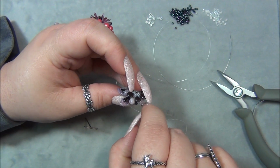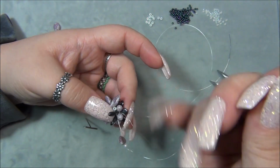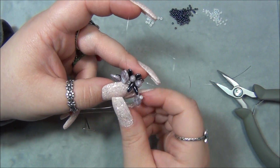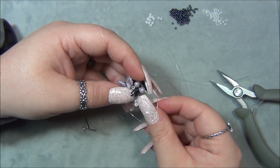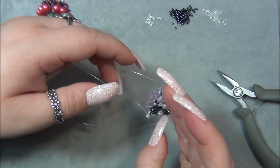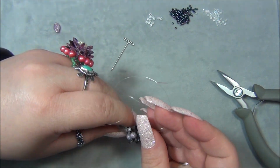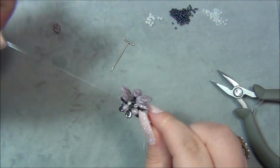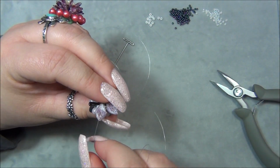I might have to use my pliers for this. Let me see. Okay, this came loose. I couldn't help that. I had to let it do that so I can get through. But I'm just flipping my daggers in the right position. Now I came out